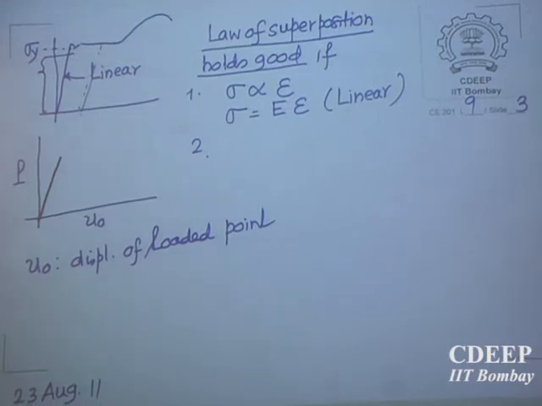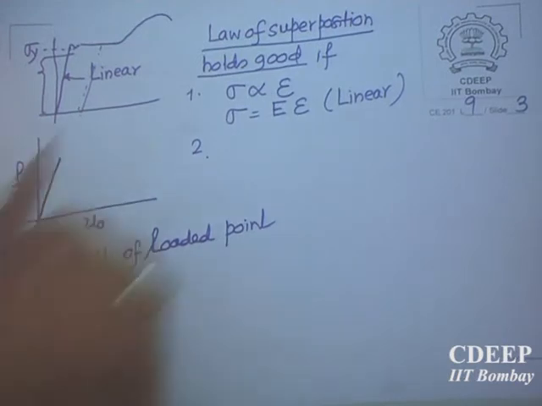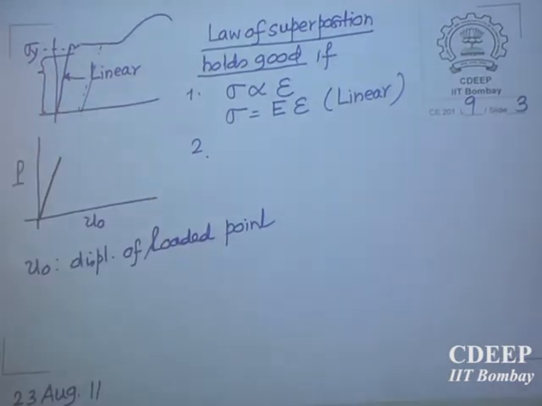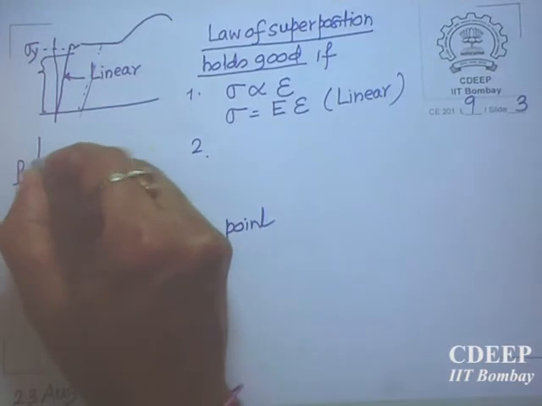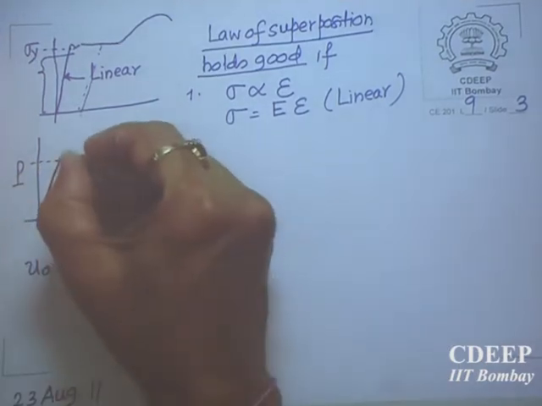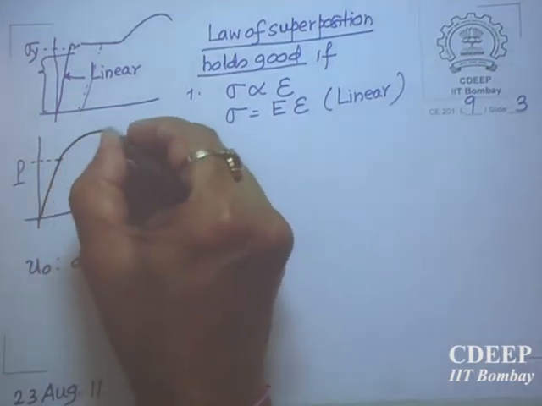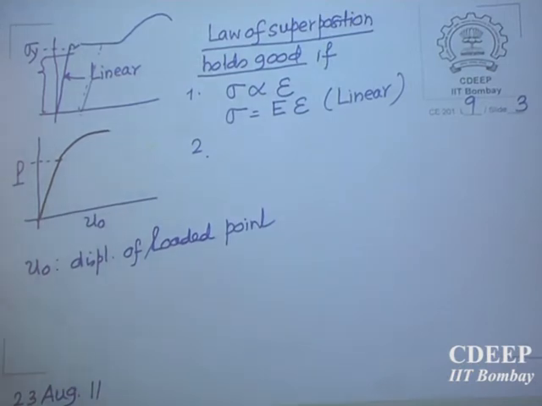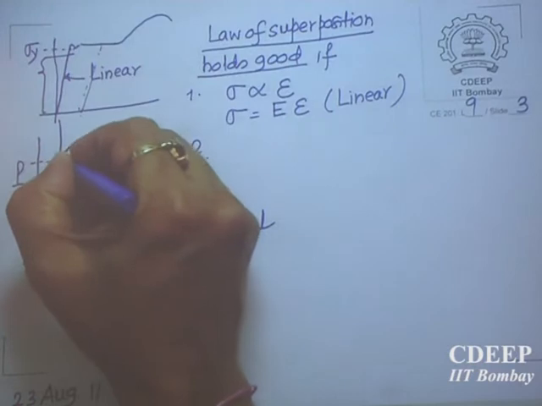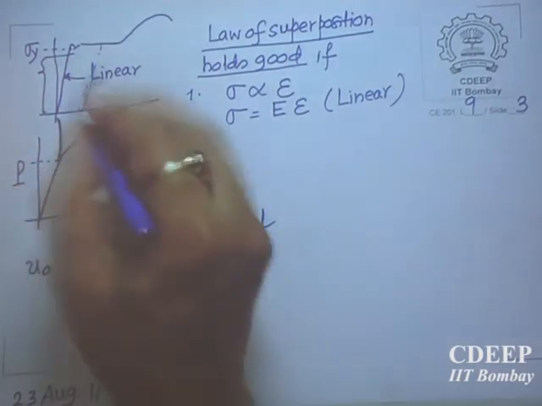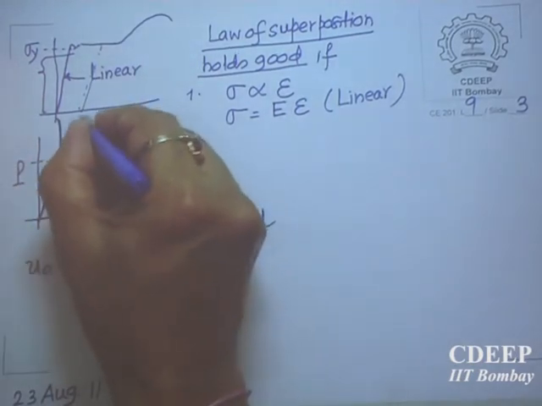So you go on increasing load, at any point stress will be P divided by area of cross section. So load, I am talking of this load which is applied, external load. But after a certain load, so this is a linear zone. Afterwards, it will droop like this, or it might go like this. I do not know which path it will take. So either this or this.